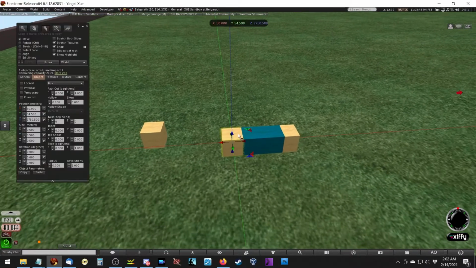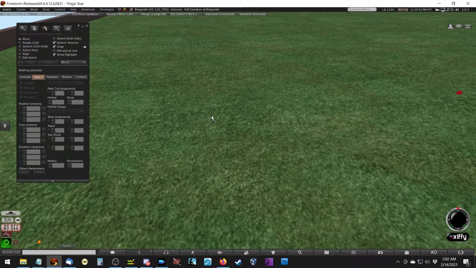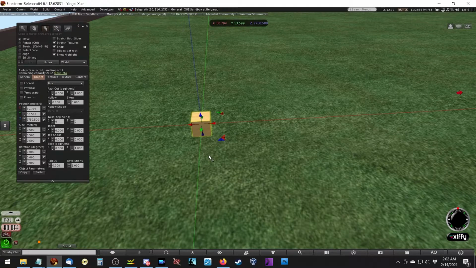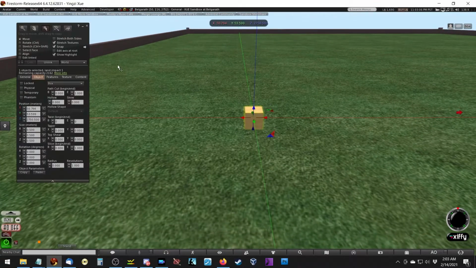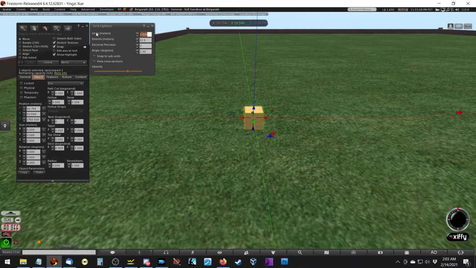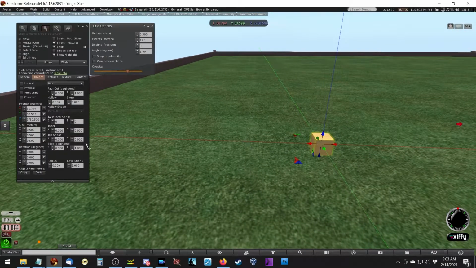So let's go ahead and discuss what we do when we first start building. Let's say we're going to build. We're going to drop a prim on the ground, and the first thing we're going to notice is that the prim is at random coordinates. Now the Z is already in line with the grid, which I'll set to 5 for now just so you can see. It's in line with the grid,